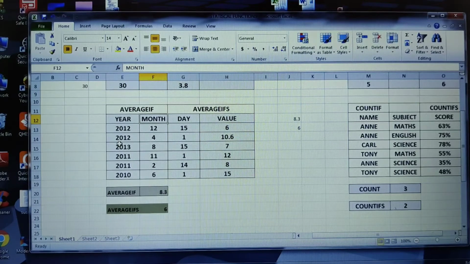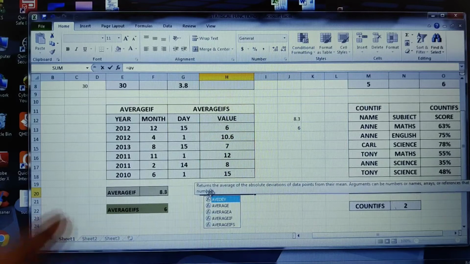So don't you think I'm specifying the condition that I want the average value of only 2012, wherein I also have 2013, 11 as well as 10? So how do I write my formula? I'll just click here. What is the formula? Before I write the formula, let us see the general syntax of what AVERAGEIF is. So how do I write that particular formula?